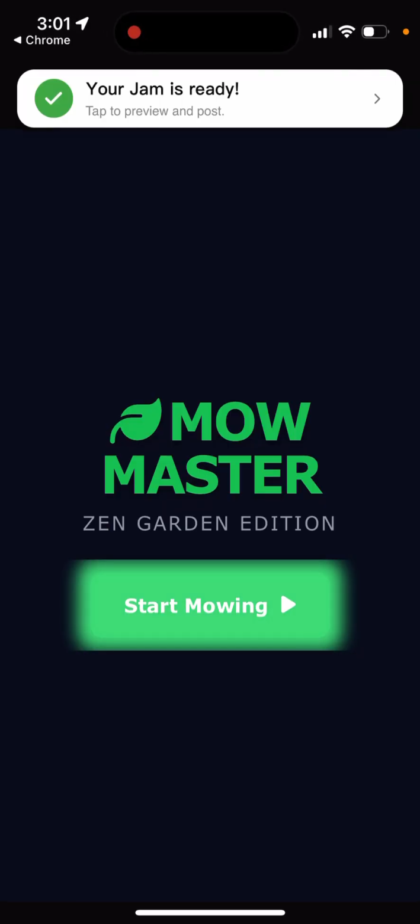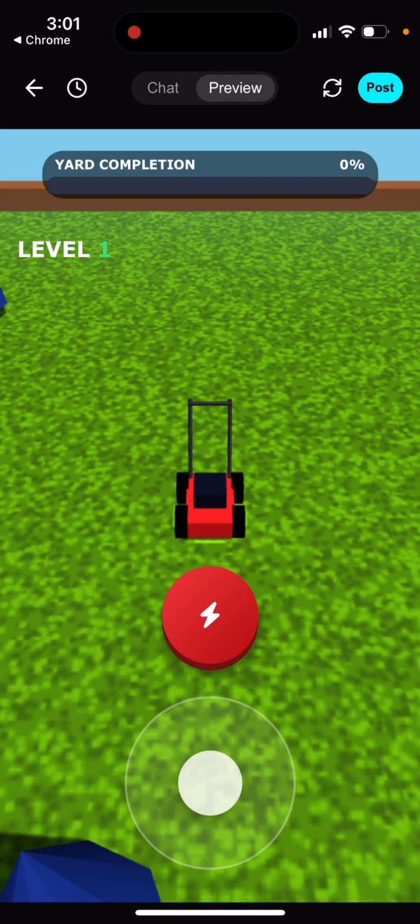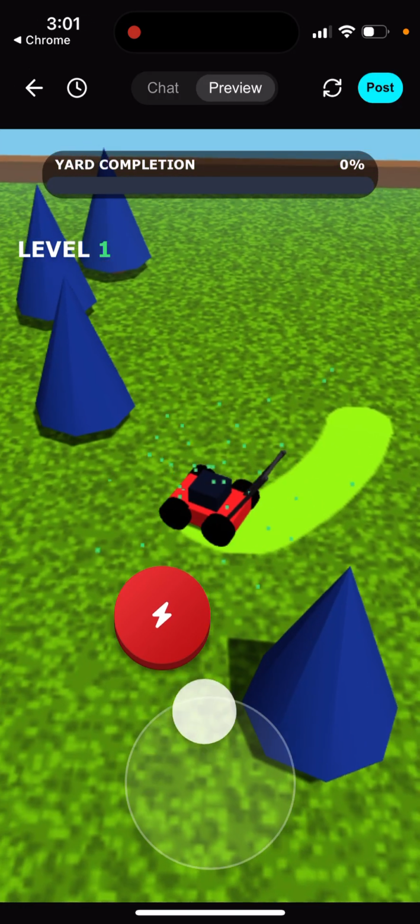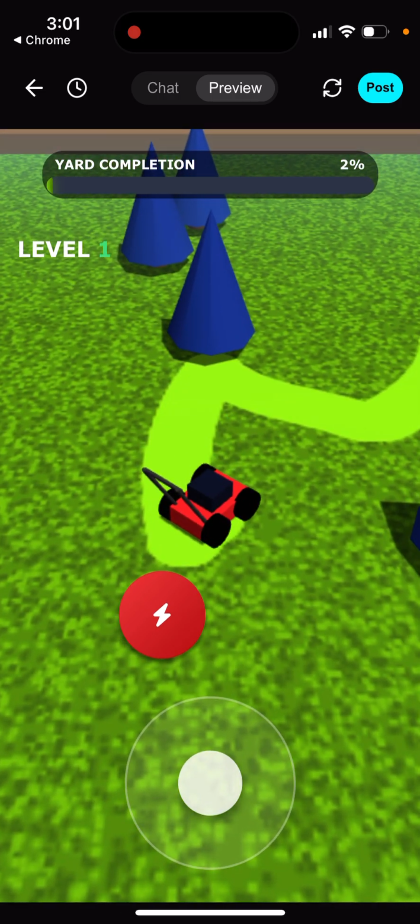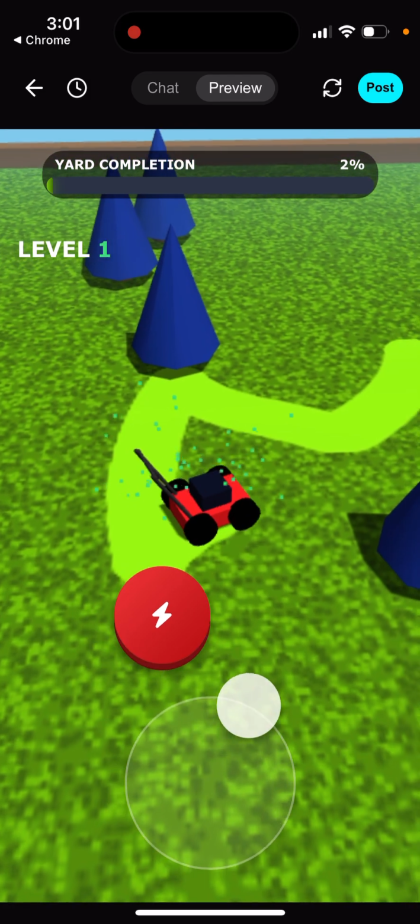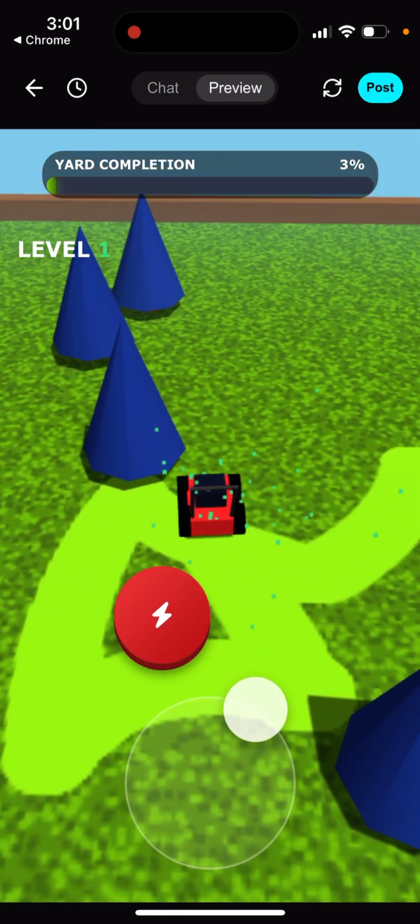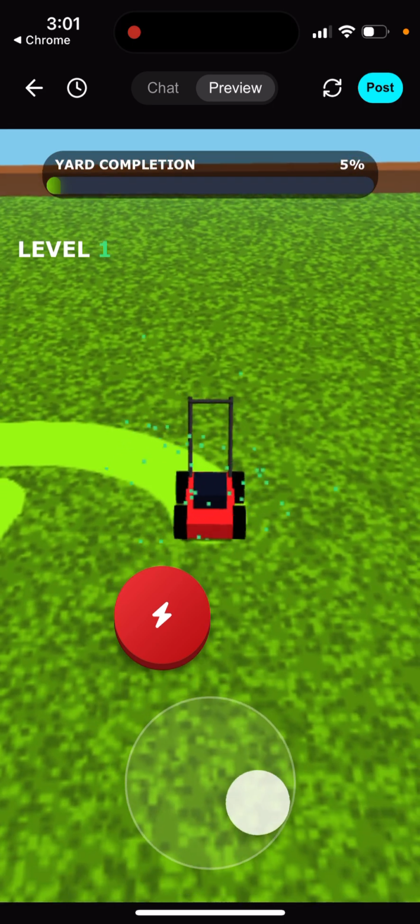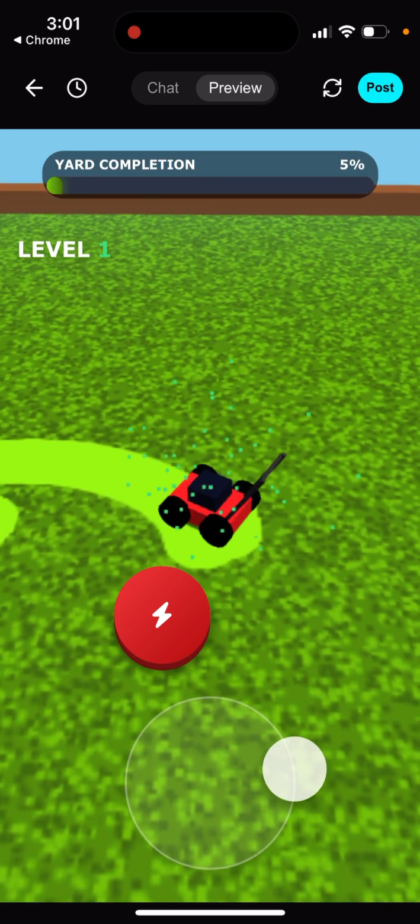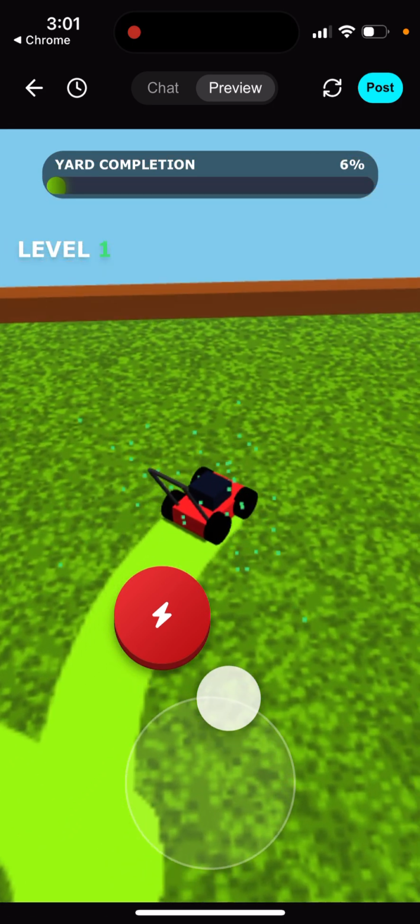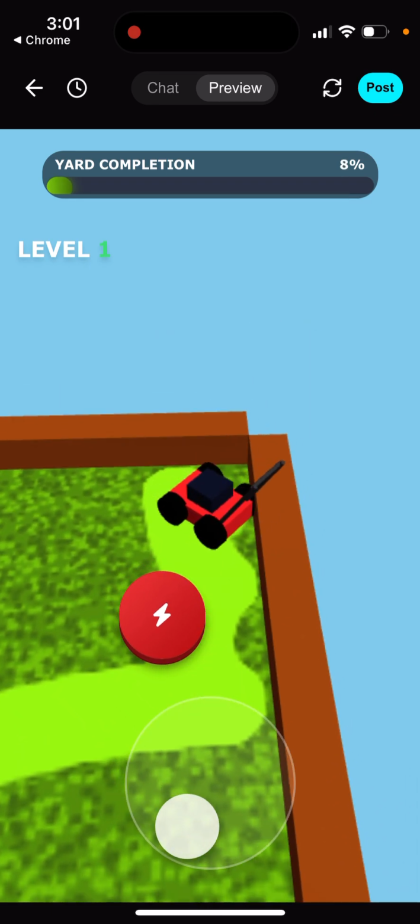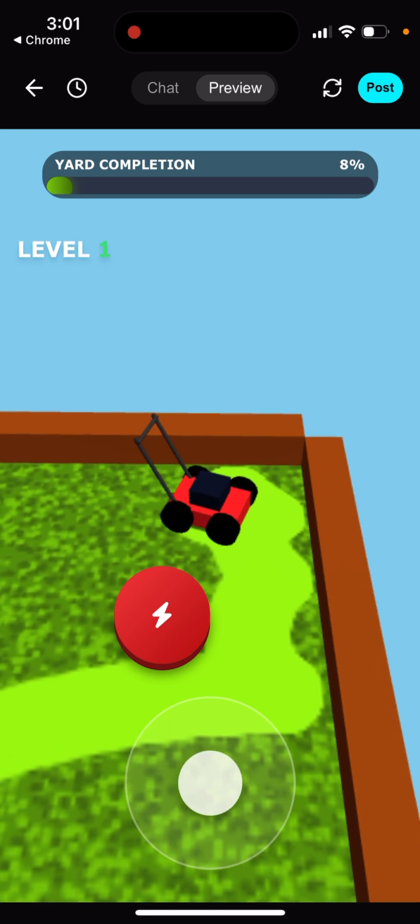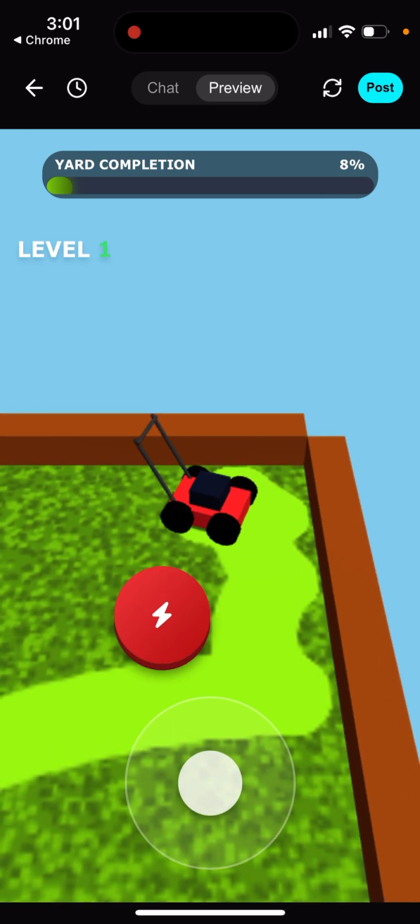So now it's here, and now I can then just move like that. So yes, completely built game by this app, and then you can see art completion for 5%. Quite cool, right? And then with this red button you can accelerate. So quite cool. And then you can then just post it